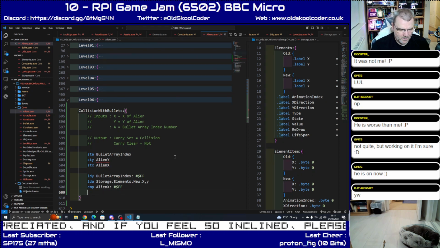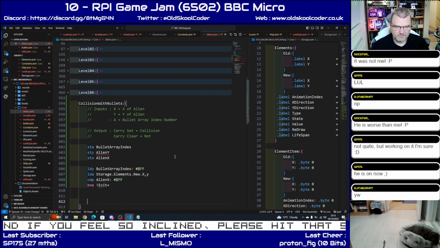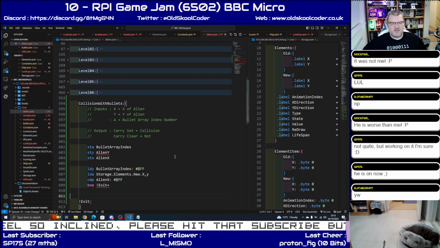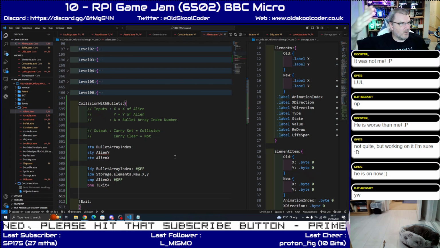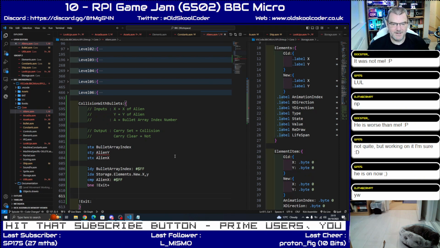Branch if not equal to exit. Because if it's not on the X, then it's not going to be on the Y. If it's not on the X, it's definitely not going to be on the Y. But if it is equal to the X, then